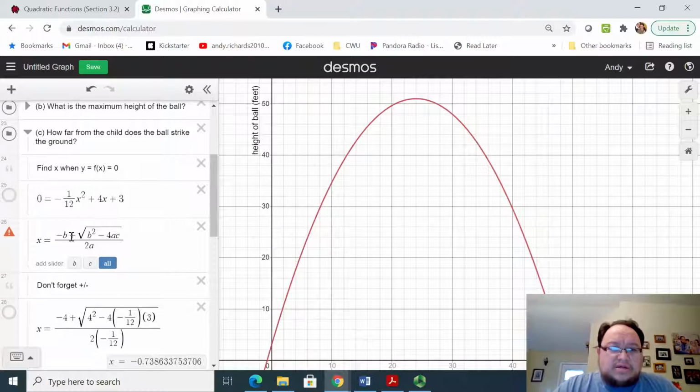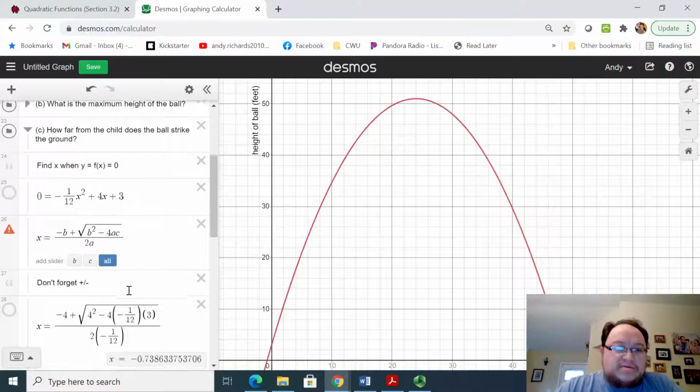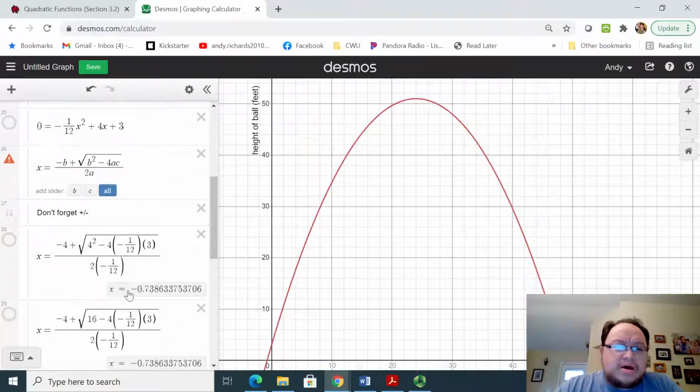And the only thing is, the program I'm using here, Desmos, won't allow me to use plus or minus signs here. So I just wrote plus there, but we need to remember that it's actually plus or minus there. So I wrote myself a little note there to remember that. And we know, right, so if we were to send this thing through, then that means b is 4, so